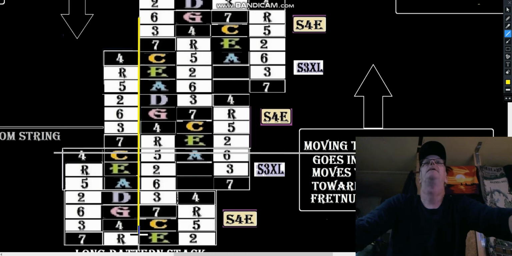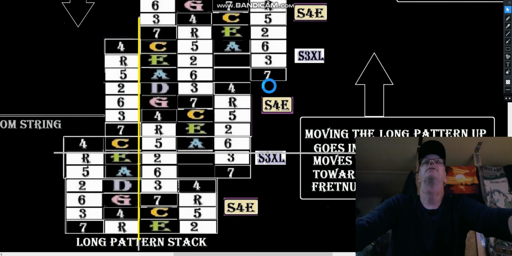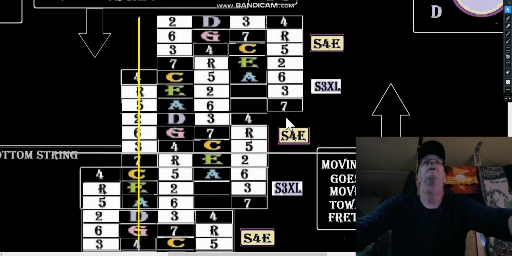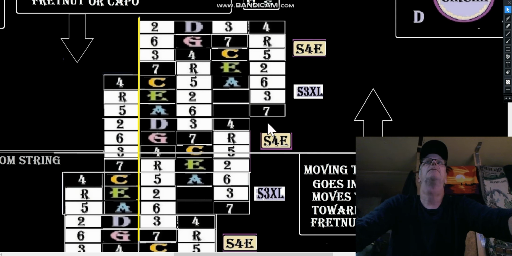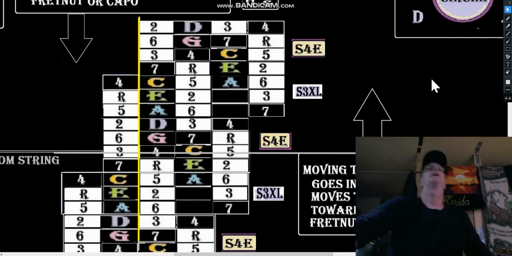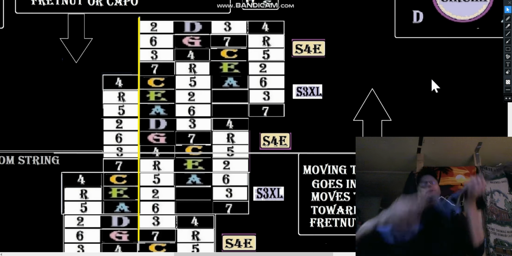This is the fret nut. Okay, this is the string, the bottom string. So we're going to start. Where are we going to start? If we're on the C string, we're going to be right here, right? So we'll start on the small C pattern, because remember, C,